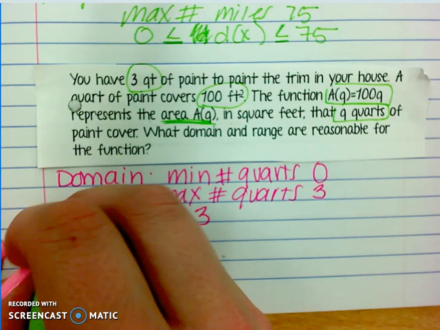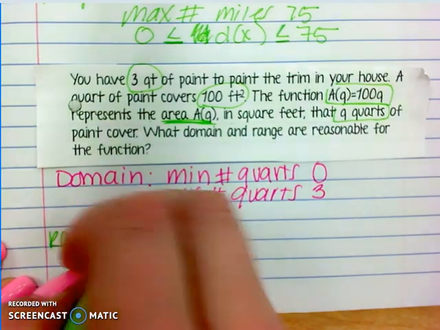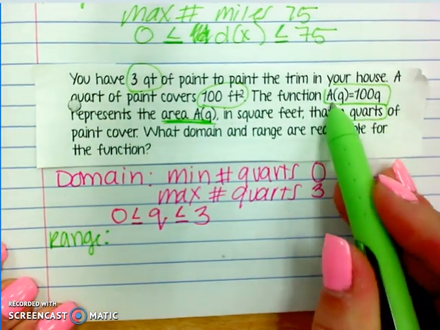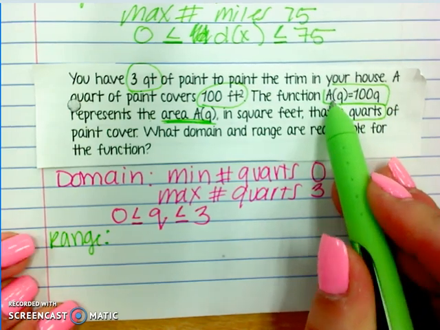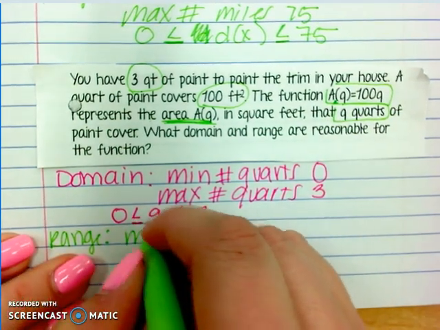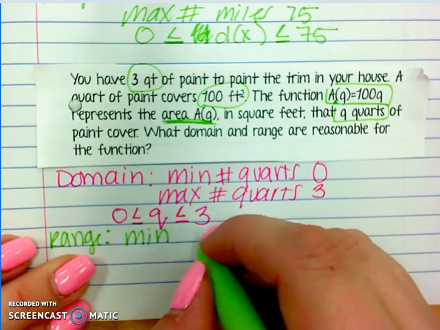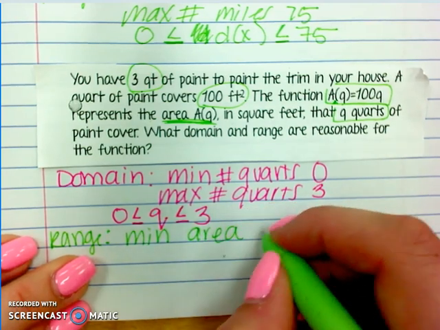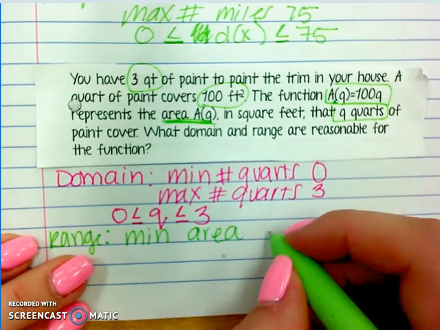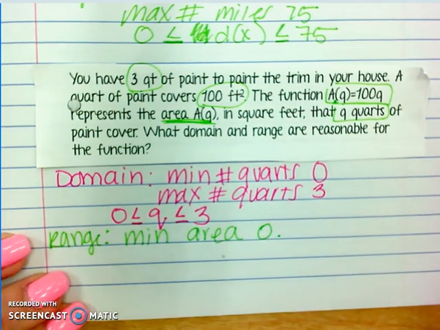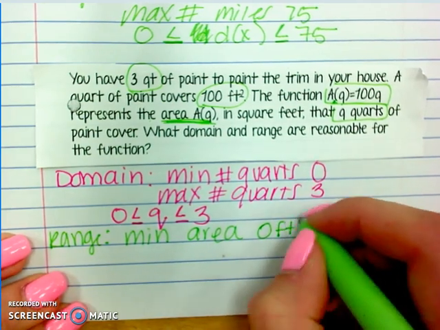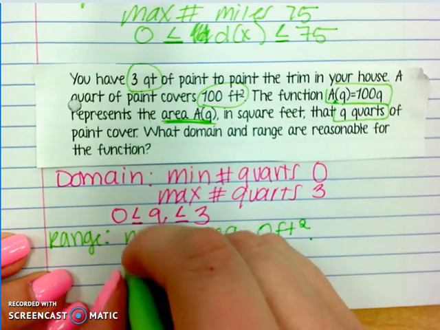And now I look at the range. If I've dealt with quarts, the output, or what I can look at, is the area. So the minimum area, if I paint with 0 quarts, how much trim do I paint? 0 feet squared or square feet. And the max